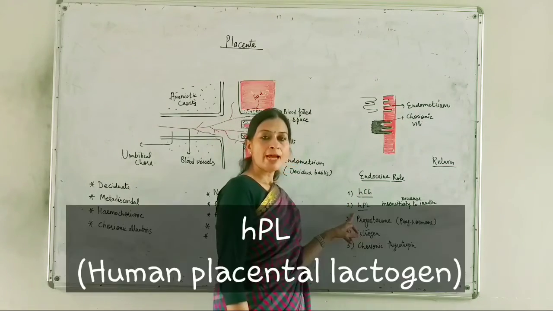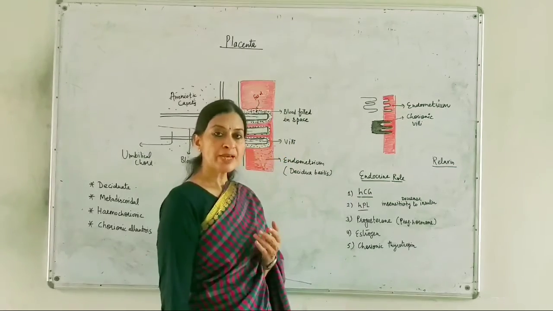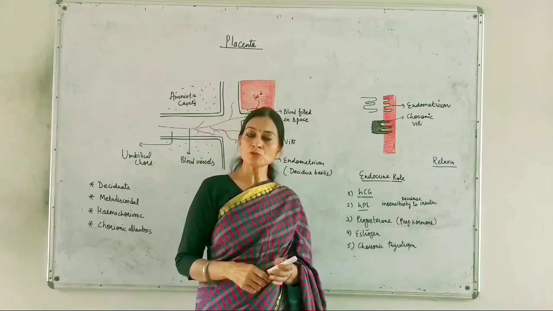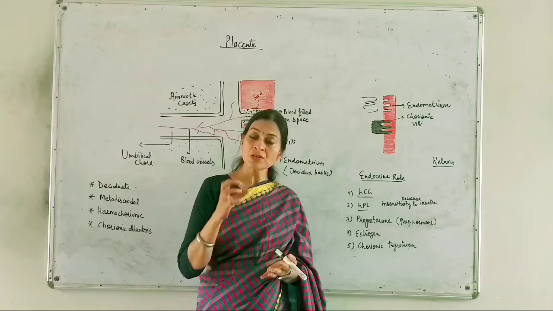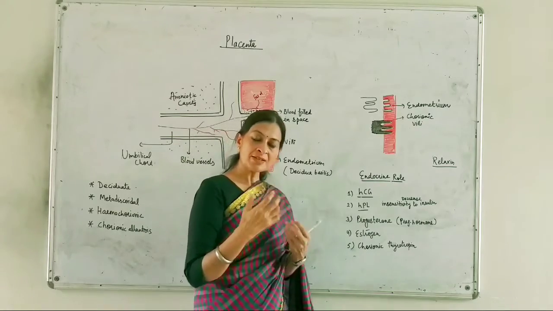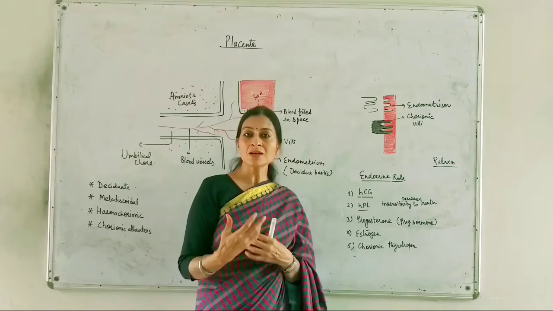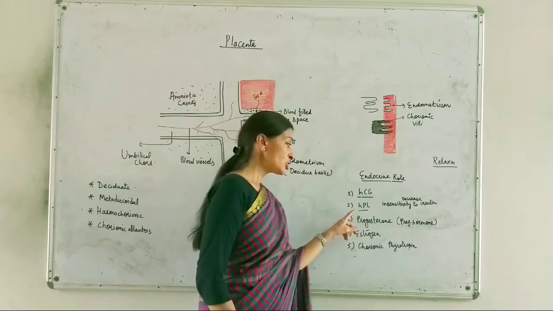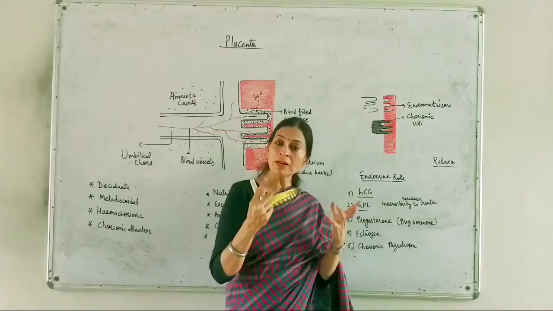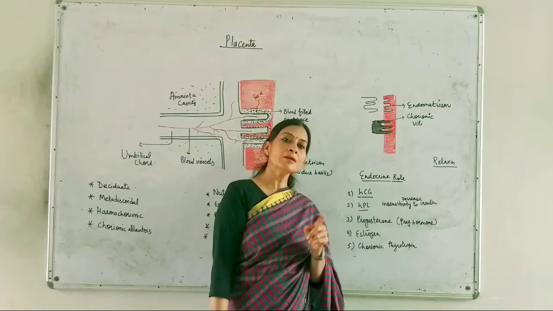Then HPL. HPL full form is human placental lactogen. Because you know that after the completion of gestation period, when the birth of that infant is going to take place, then it will need the nutrition in the form of milk. So it is necessary that the pregnant lady should prepare herself for the lactation period. So this HPL will help in developing the mammary glands, enlargement of the breast size, and also it is helping the mother